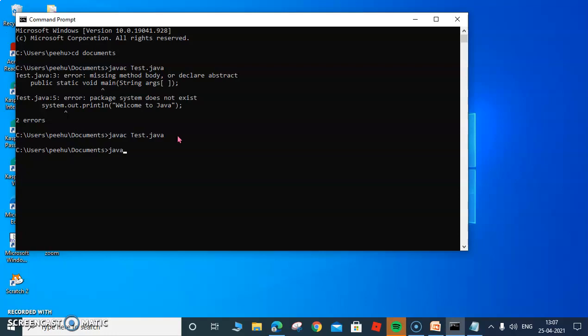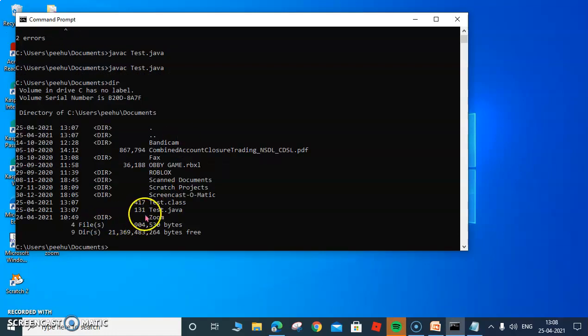We will redo it again. Let's say javac test.java, and just by pressing the enter key, it is coming back to the prompt without any error, which means the file, our source file, has been compiled successfully. Now if you wish, you can use the dir command, the directory command, to check the file. As you can see, the file I created was test.java, but after successful compilation, a test.class file